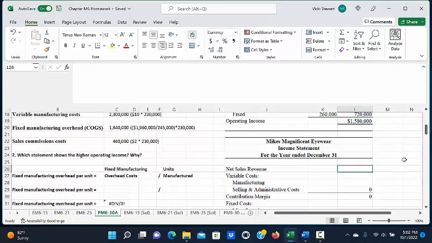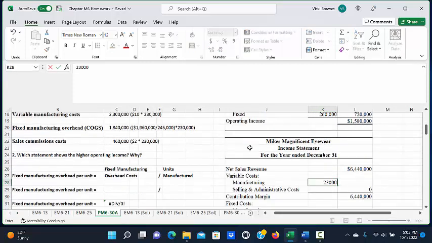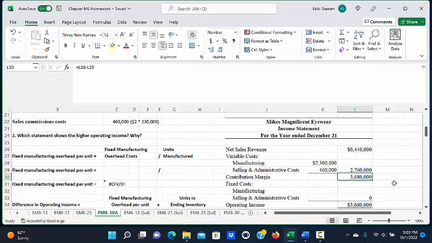$1,580,000. Next, we're going to do the income statement using variable costing and contribution margin. So we start out again with the same sales revenue of $6,440,000. And we're going to subtract from that our variable manufacturing costs, which we had calculated to be $2,300,000, and our variable selling and administrative costs that we calculated of $460,000, which gives us total variable cost of $2,760,000, which, when we subtract from net sales revenue, gives us